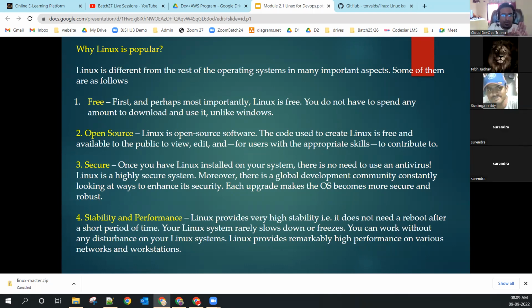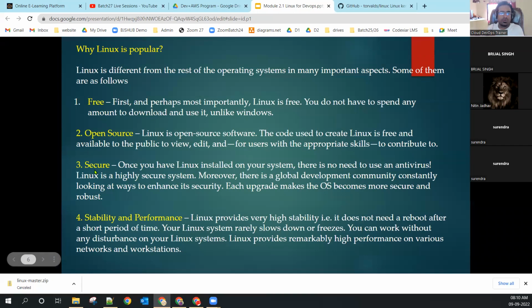It is popular because it is free and it is very secure. Yes, Linux is free of cost. You can download the image and install it on your machine. We don't have to pay any licensing fees. That's why it's very popular. If something is free, people are ready to adopt it. And another very important reason is security. As compared to Windows, it's a highly secure operating system, and everyone needs a secure operating system. That's why it's very popular.